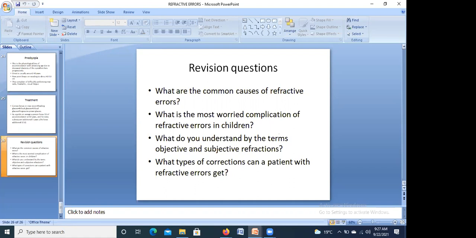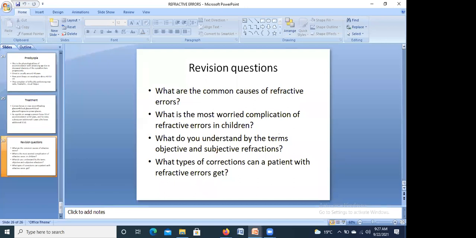Let me first start with the use of phones and so on. Yes, there is evidence that these phones worsen, or maybe they also cause refractive errors, because of the brightness of light and so on, but that is yet to be